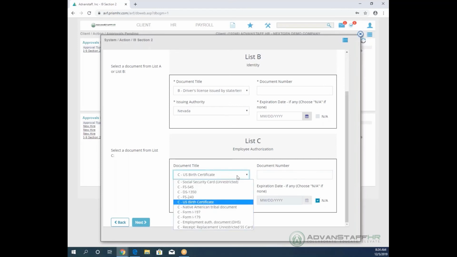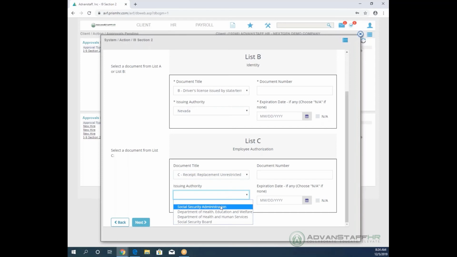Now, the last one that we have, which is one of the popular ones that you will be receiving, is the receipt for the Social Security card. With this one, it will still be the Social Security Administration, and then you'll write in their actual Social Security card number. But here, even though it's in that family, it has an expiration date. It's 90 days from the date listed on that